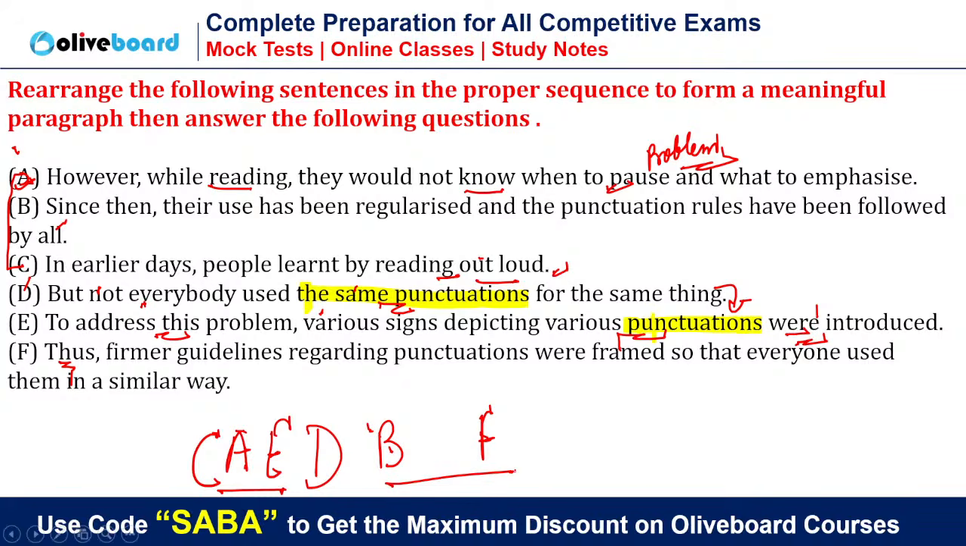See, if I say to address this problem, various signs depicting various punctuations were introduced, but not everybody used the same punctuation for the same thing. Is there any time mentioned? Is there any time mentioned? So what we will say, okay, so this is the problem, but not everybody used the same punctuation for the same thing. So this arrangement is wrong. So what happened? Thus, firmer means stricter guidelines regarding punctuations were framed so that everybody used them in a similar way. And when stricter guidelines came, since then,